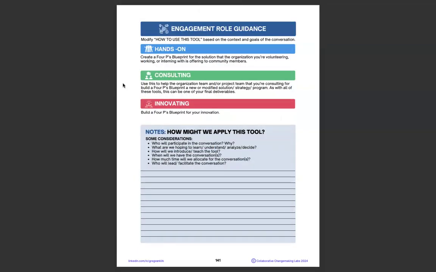And then in terms of engagement role guidance, so how you might use this when you're out there with organizations or communities. So if you're hands-on, you might want to create a four Ps blueprint for the solution that the organization you're volunteering, working, or interning with is offering to community members. Consulting. Use this to help the organization team and or project team that you're consulting for build a four Ps blueprint for a new or modified solution, strategy, or program. As with all of these tools, this can be one of your final deliverables. And innovating goes without saying, build a four Ps blueprint